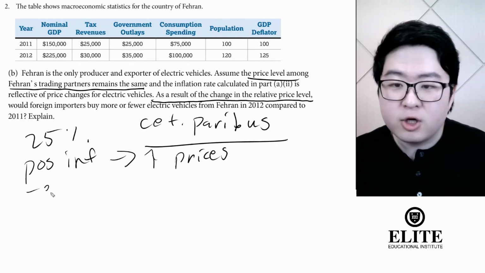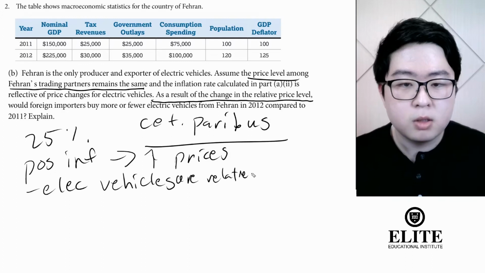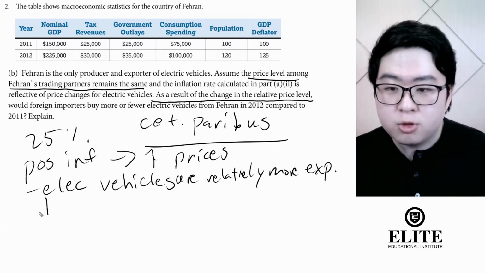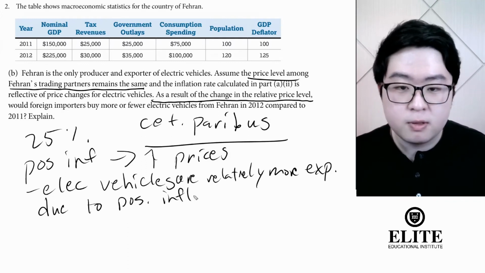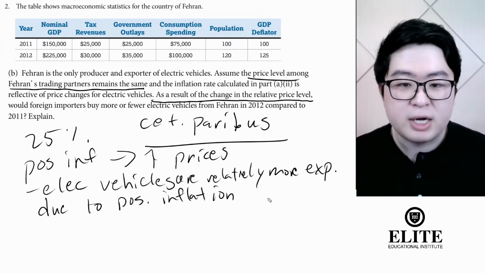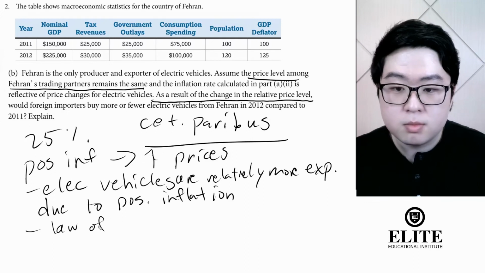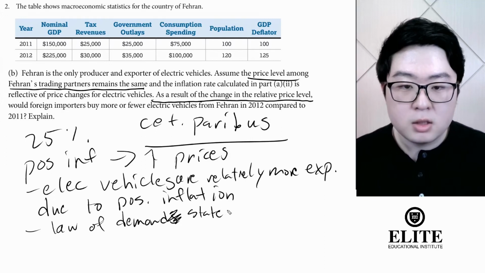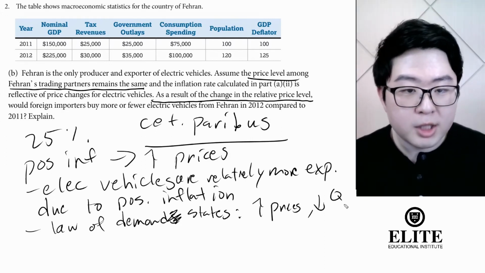One, electric vehicles are relatively more expensive. Due to what? Due to positive inflation, right? That is a positive change in the price level, right? Next, the law of demand states higher prices, lower quantity demanded,